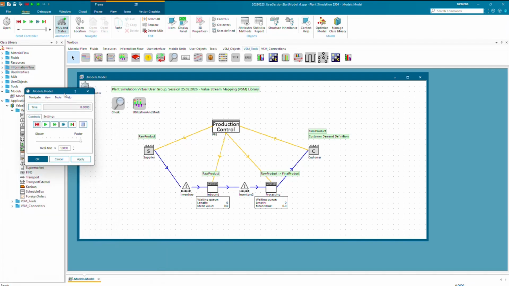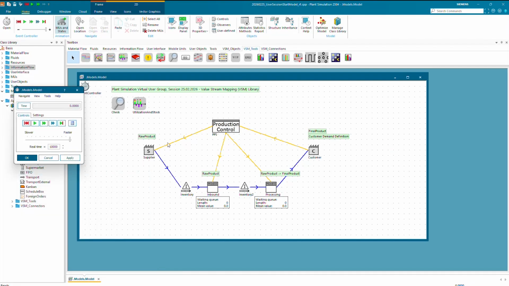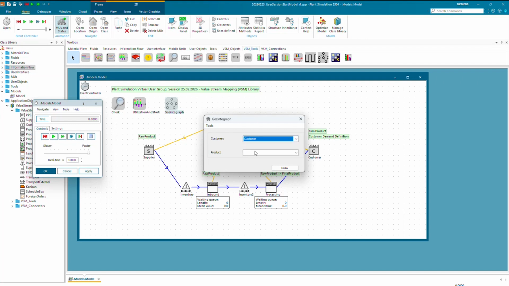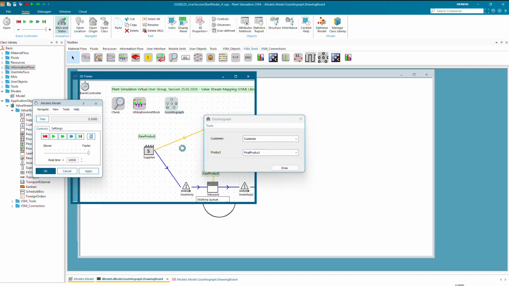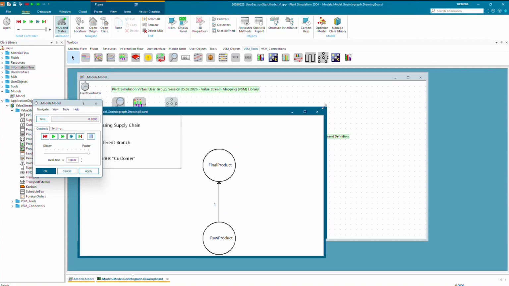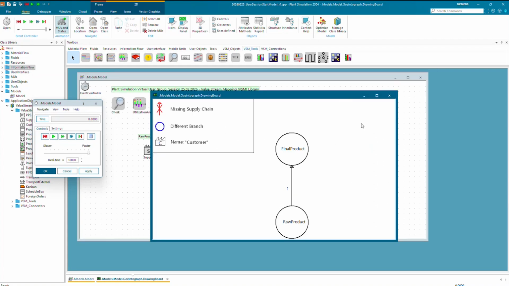After a first simple introduction to these elements, I can also show you an additional tool. It would also be a confirmation that products are correctly designed. You have a visualization of your product structure here. This is not quite exciting with just two products and a transition quantity of 1, so one raw product goes to a final product.